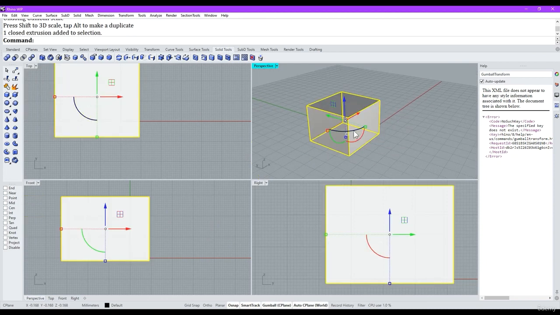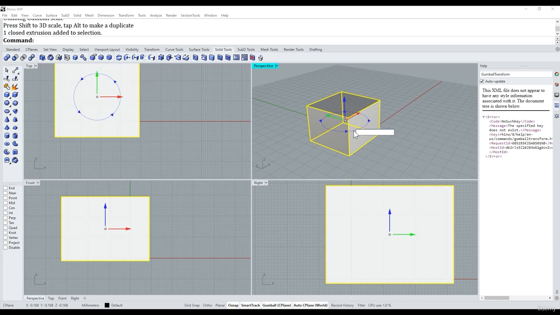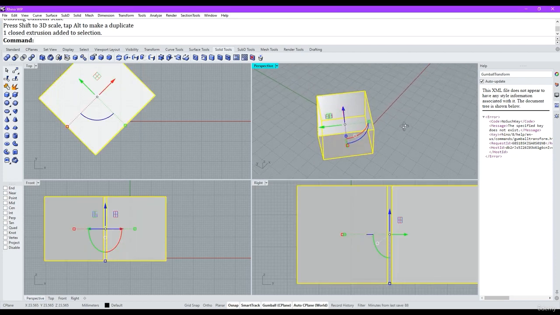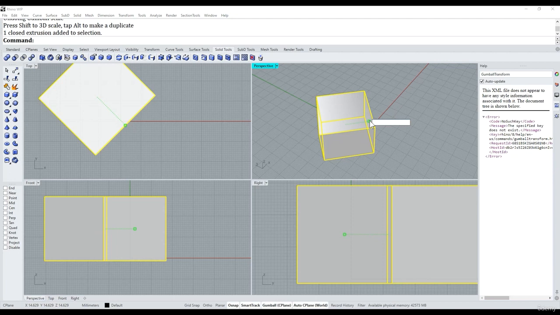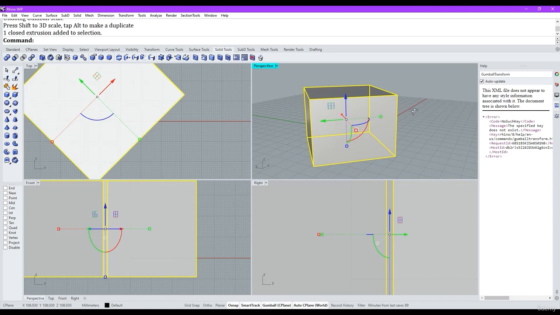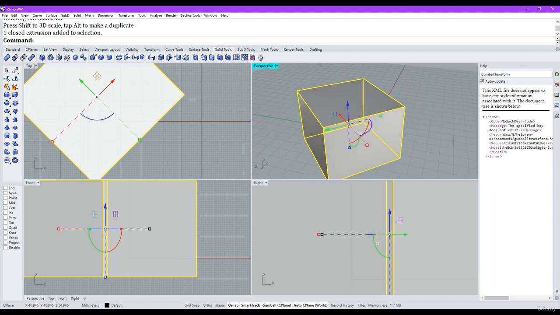Now the same goes if we want to rotate. We might want to rotate this 45 degrees. That seems simple enough. And also scale. And again, if I hold down Shift and hit that box there, then let's say we want to make this 50% bigger, so 1.5 times that size. And then we have it. So that's a great way of quickly and easily moving